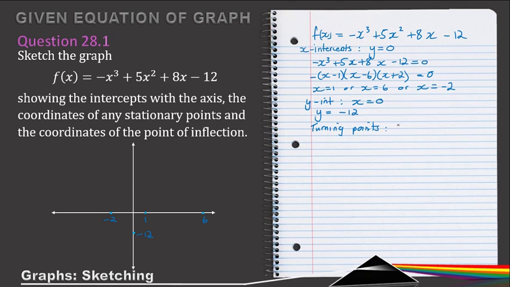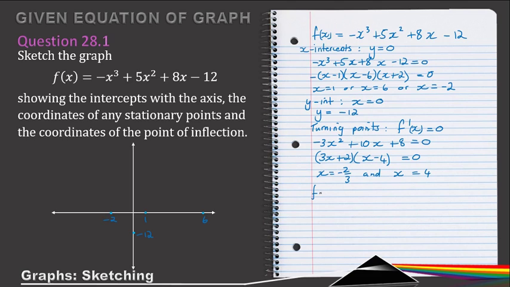And turning points we find by finding the first derivative and equating it to 0. So my first derivative of my function here is negative 3x squared plus 10x plus 8 equal to 0. And if I factorize that, I get (3x plus 2)(x minus 4) equal to 0. Alright, so that means x equals negative 2 over 3, and x equals 4 are my x values